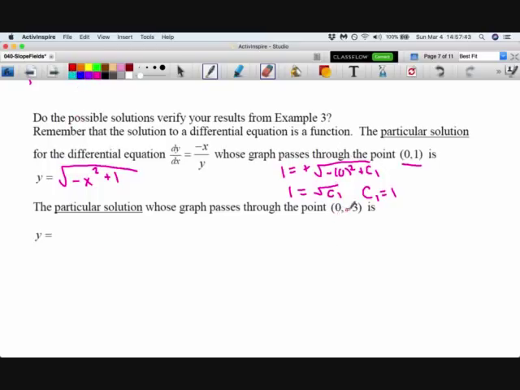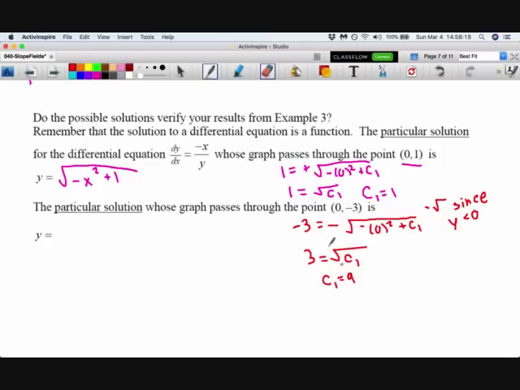Now, between 0, negative 3, again we want negative 3 equals negative square root. Why do we have negative square root? Negative root since y is less than 0. That's the only way to get this right, ladies and gentlemen. The only way to get this right. Negative 3 equals negative square root, negative 0 squared plus c1. 3 equals square root c1. c1 equals 9. So we get negative square root